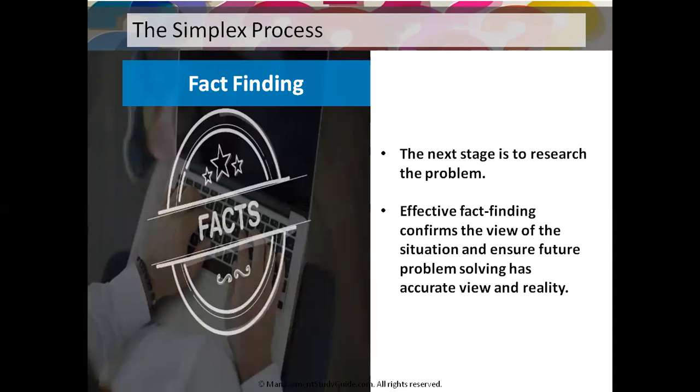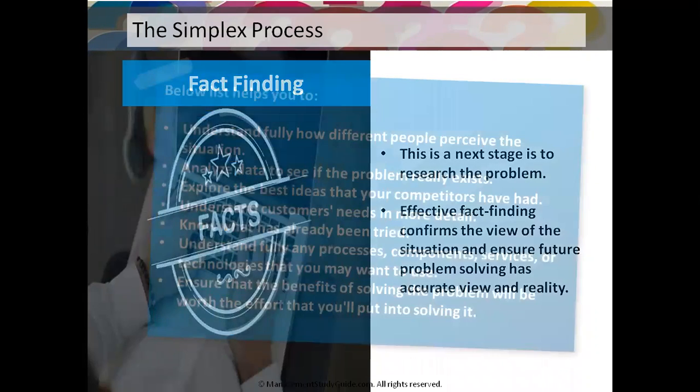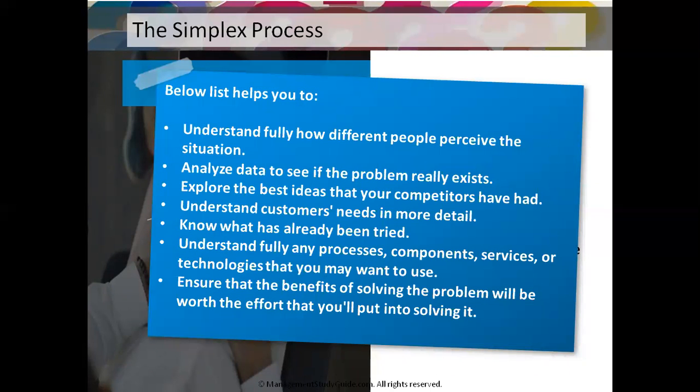Simplest process number two. The next stage is to research the problem. Effective fact finding confirms the view of the situation and ensures future problem solving has an accurate view of reality. The list below helps you to understand fully how different people perceive the situation, analyze data to see if the problem really exists,